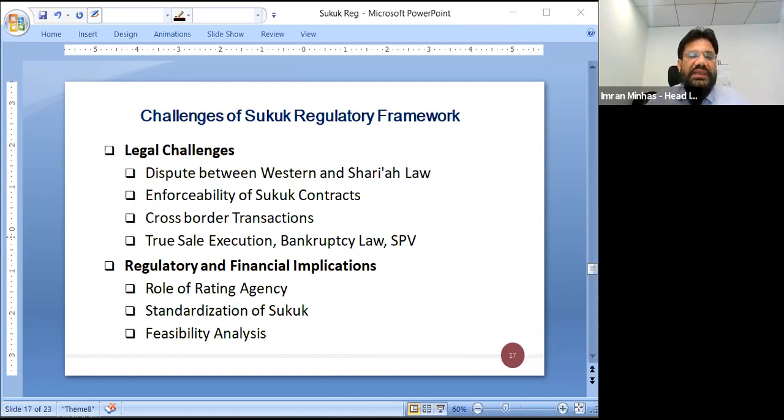What I've discussed here are the current Sukuk practices and the legal compatibility issues of the Sukuk. In the wake of the Sukuk defaults occurring in the Islamic financing space, regulatory treatments and practical Sharia compliant financing innovations are required to mitigate future Sukuk defaults and to cover up the regulatory lapses.